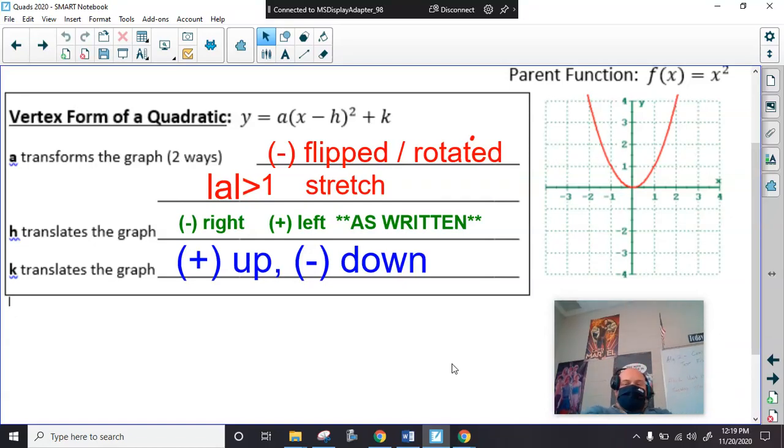Okay, so we're finishing up our last thing of translations and transformations, and that they mean the same thing, but we got to have two different words for them because that's not confusing at all. But we're going to be going over quadratics, and I'll let the students in class go ahead and write this stuff